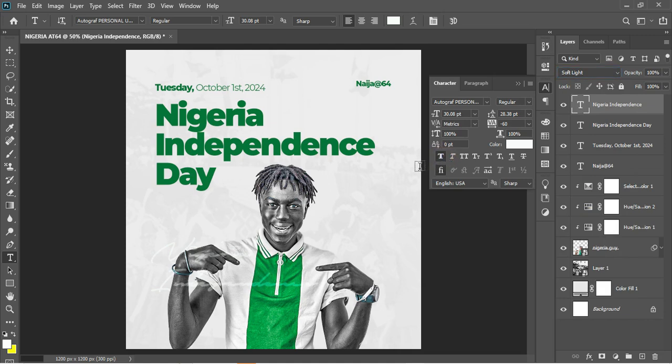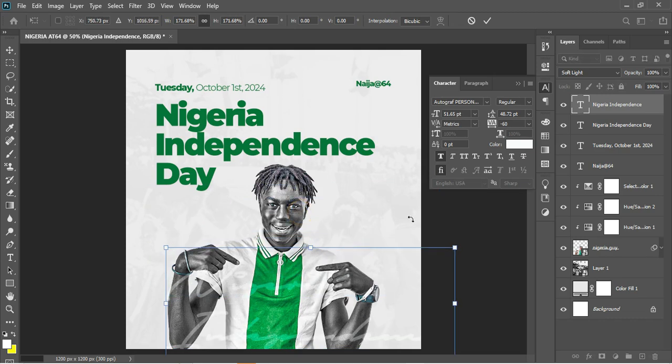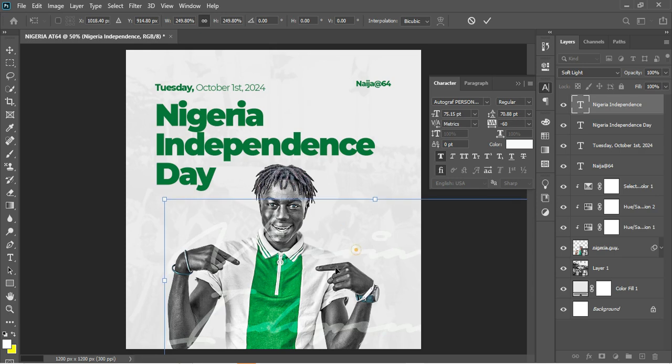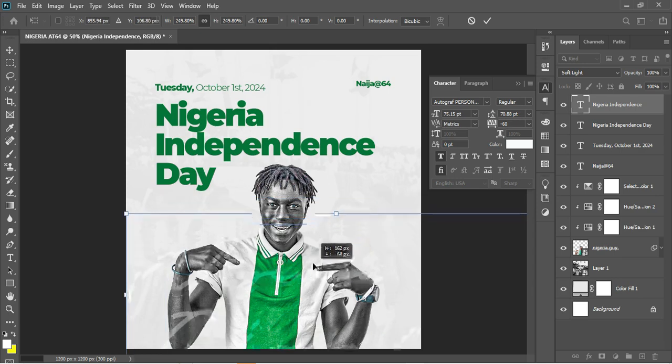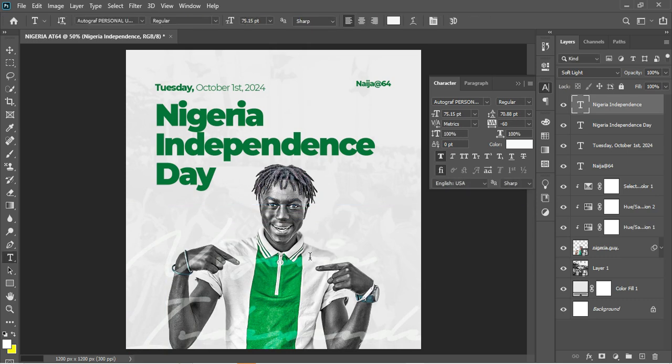Ctrl T to actually transform this out, and you can scale it out the way you want it to be and place it into your design like this, to fill up those spaces. Okay, and after I'm done with that, you can choose to place a courtesy